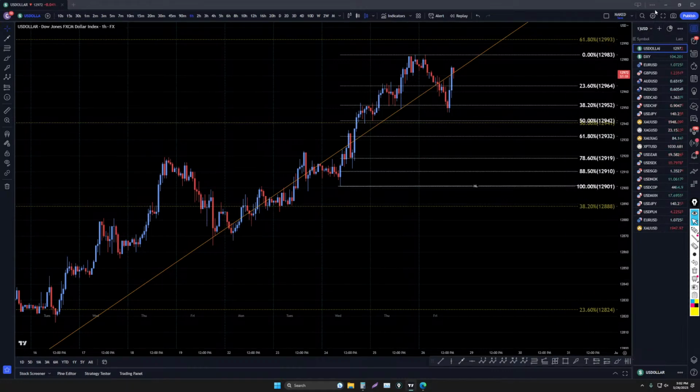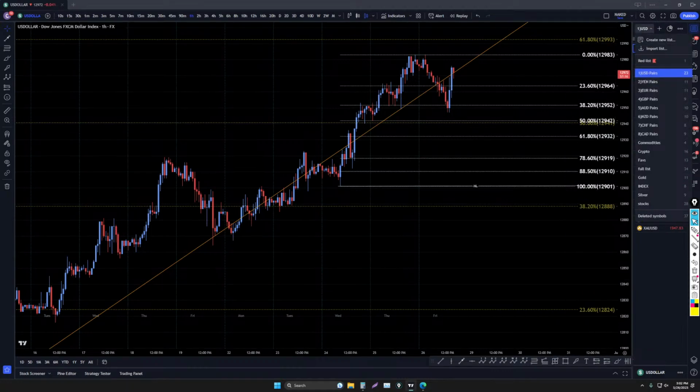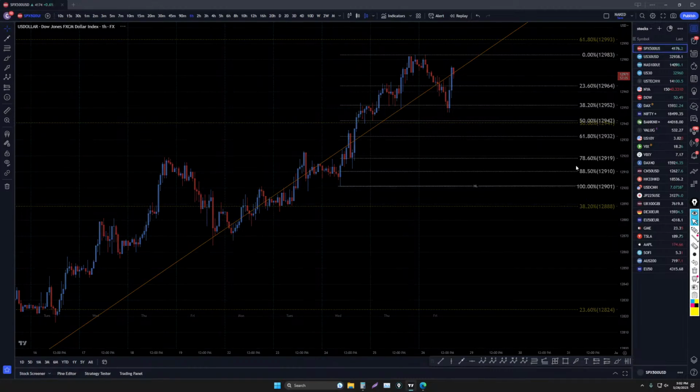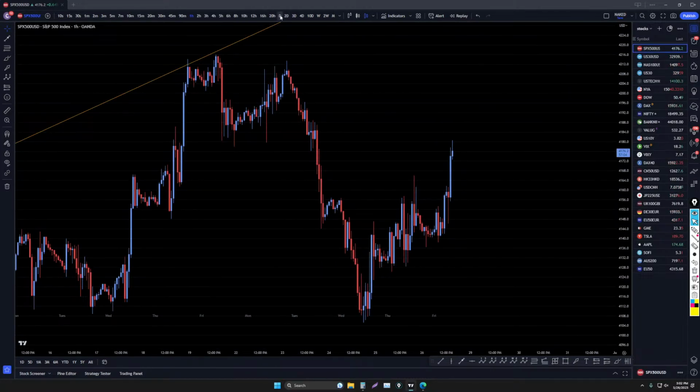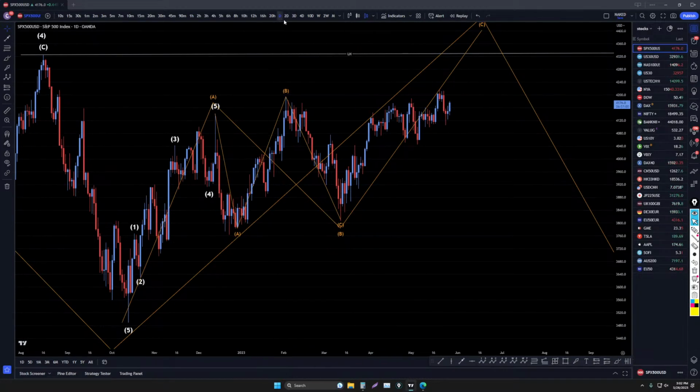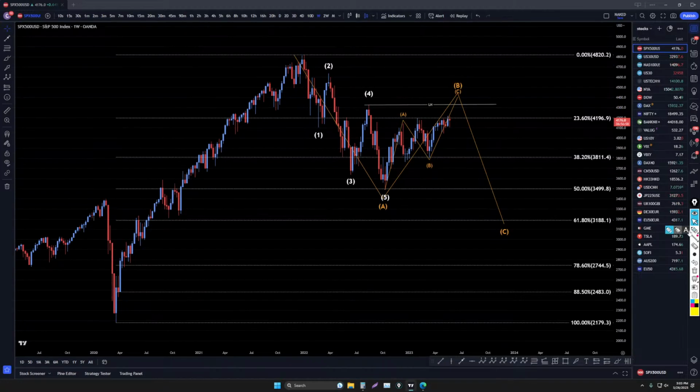Let's go check out the S&P 500, and then we'll circle back to these dollar pairs in a few minutes. See what happened with that. I think that's what it was right there, the S&P 500. It's going up, isn't it? I keep saying that the S&P 500 is going to go up to at least break this high right here. I think it's going to look something like that, and then it's going to go down like this.